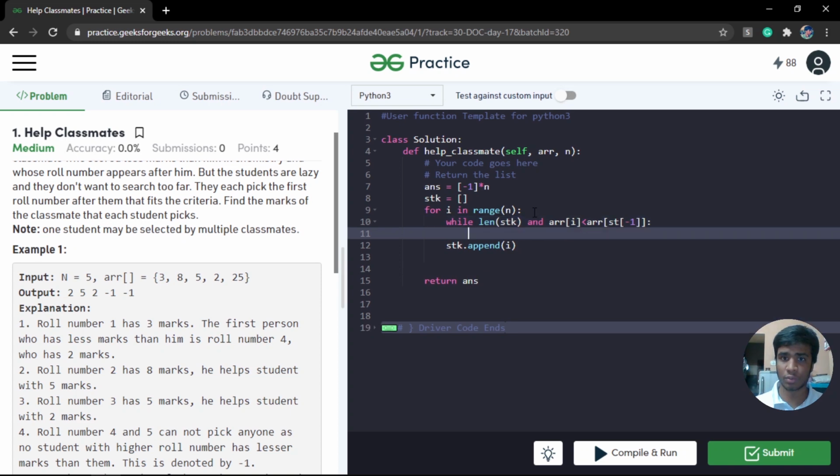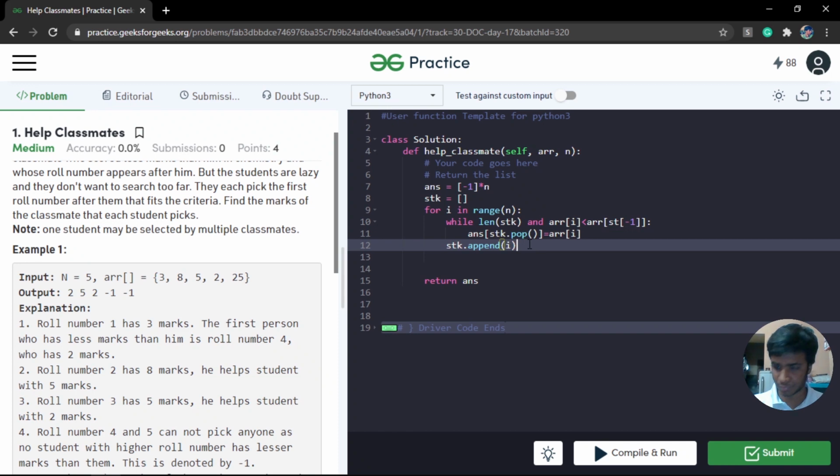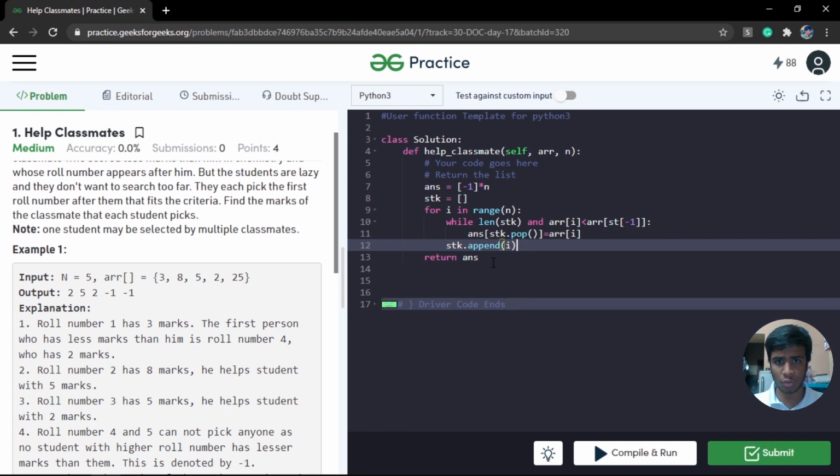If that's the case, if the current value is less than the value at the top of the stack, then I'm going to modify the answer array. So the answer array is going to take the index from stack dot pop. Pop is going to return the element and also remove it from the stack, and so I'm going to assign answer of that index the value array of i.